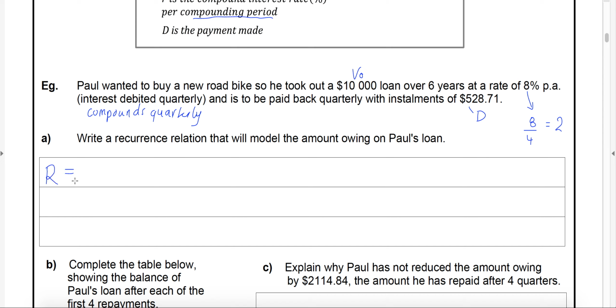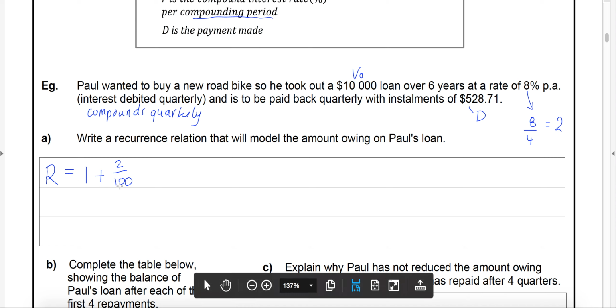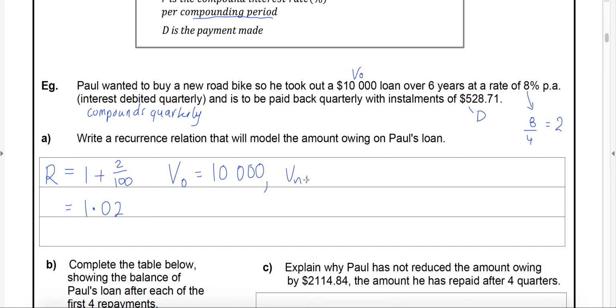I needed to do that first because I want to get my capital R value if I'm to write a recurrence relation. So it's going to be 1 plus 2%, giving me 1.02. Now I can write my recurrence relation because I've got the original value borrowed. To get the next term, I do 1.02, that's my R, that's representing 2% interest is added on, but then